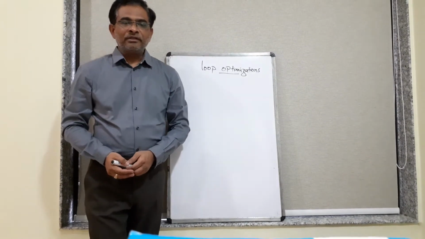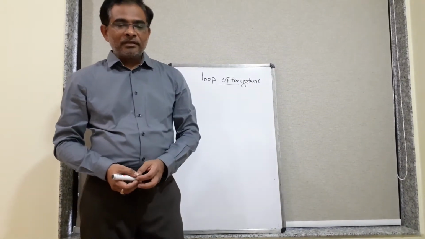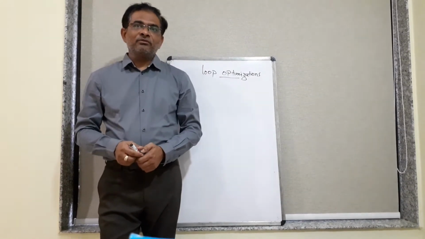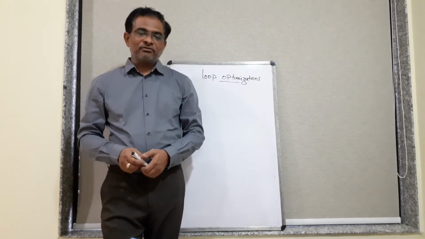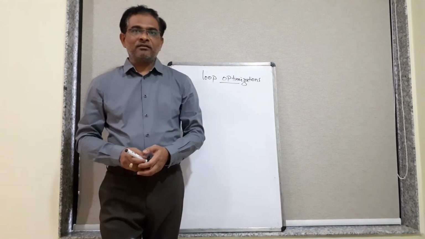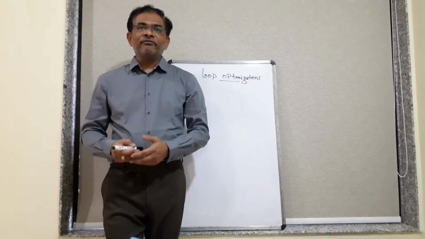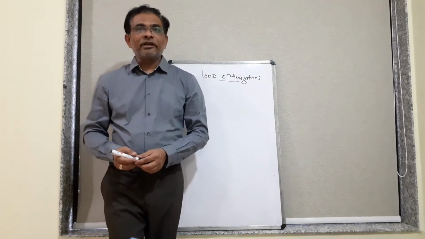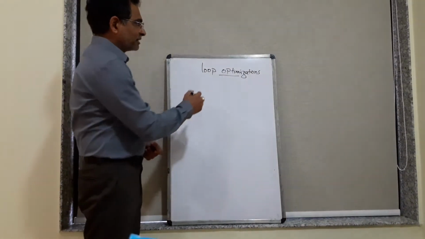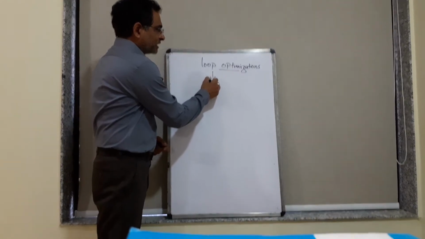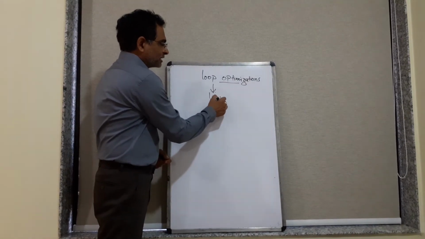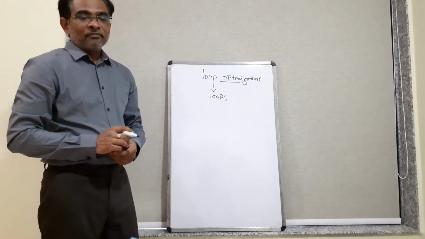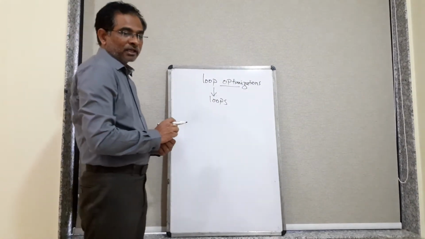Hello friends, we'll see loop optimization today, and to look into the loop optimization techniques, we need to understand the ways through which we can identify how the loop could be optimized. So the first thing is we need to identify the loops. In optimization, you first need to identify the loops, and once the loops are identified, you need to apply the program flow analysis.